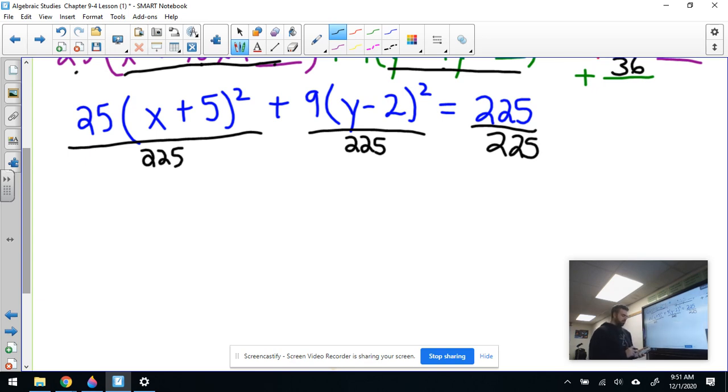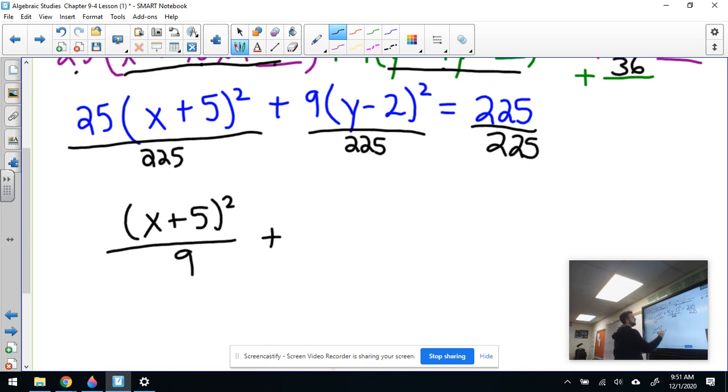We do 25 divided by 225, and I get some decimal. So I go to math and then to fraction, and I find it to be 1/9. So this really means that I have x plus 5 squared over 9. Okay? So there's the first portion of my ellipse. Plus 9 divided by 225 is going to be 0.04, which as a fraction is actually